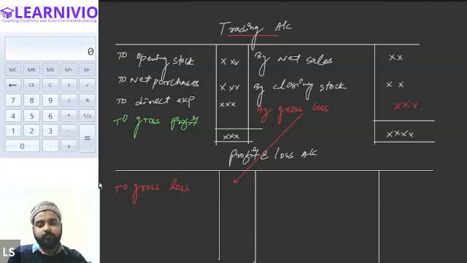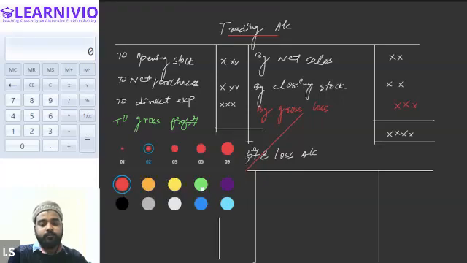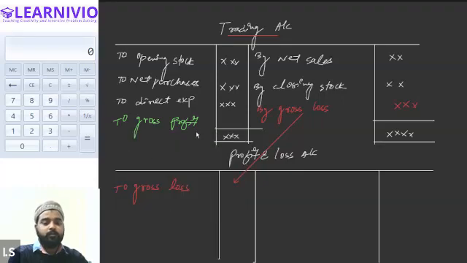And similarly, if instead of gross loss in the trading account, if there was gross profit, then the gross profit will be carried forward to the credit side. So in that case, I will be writing the gross profit on the credit side. Getting my point that gross profit or gross loss will be the first item that will be recorded in the